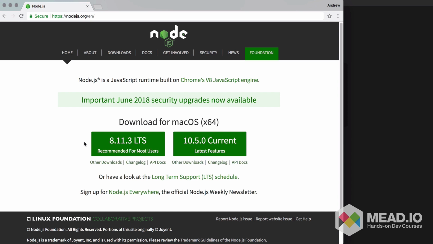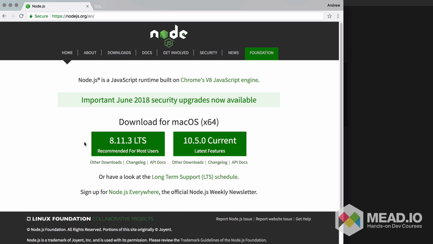All of the GraphQL functionality that we're going to be exploring comes from specific NPM modules, which we'll be installing later. We just need a semi-modern version of Node to get the environment up and running. v8 of Node or greater is going to work perfectly fine. So v8, 9, 10, or whatever else comes out in the future. So run through that installer, make sure you have Node installed, and if you do, we can move on to